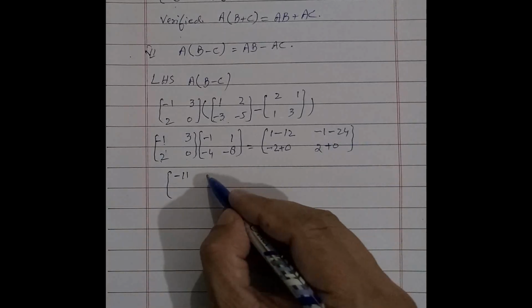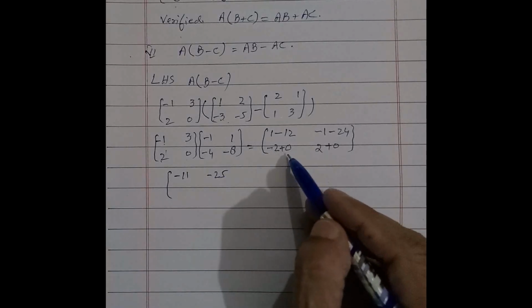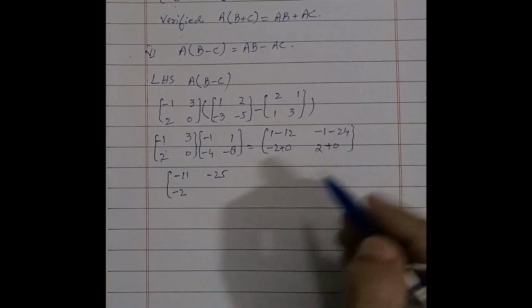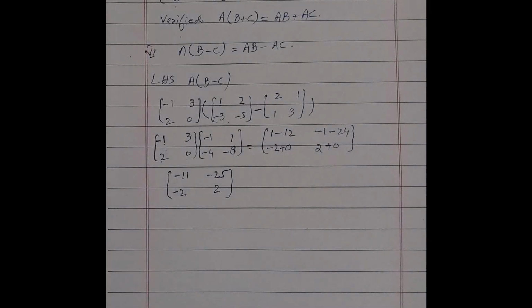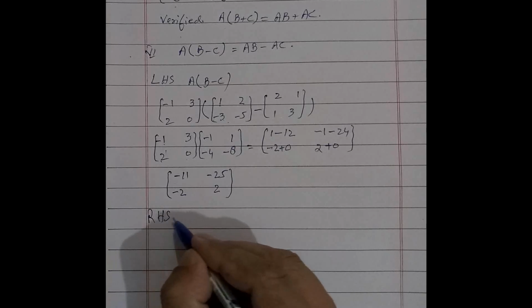-1 minus 24 is equal to -25. -2 plus 0 is equal to -2. 2 plus 0 is equal to +2. This is the left hand side of the matrices. And now we solve the right hand side, which is